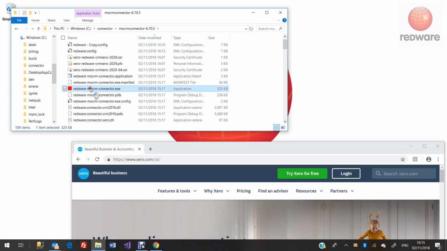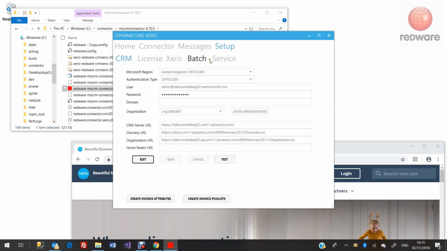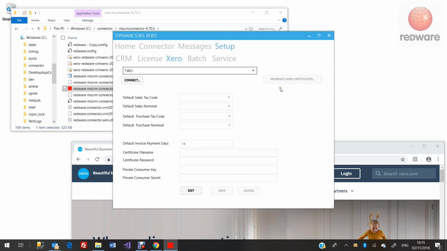So now if we run the connector here, you can see when we go to setup on Xero, we've got 1 and 2. So 1's going to connect through okay, that's what we had before, but 2 is a new one. So for 2, we're going to edit and we're going to generate the certificates like we did before,